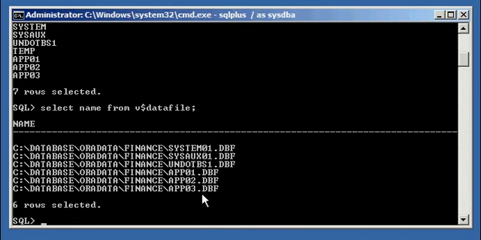Okay. Now, let's say, for instance, that you wanted to back up this database, but you only wanted to restore the app01 data file. Now, there could be reasons for this. Number one, you are only interested in the data that's in app01. Let's say that these are very big tablespaces, hundreds and hundreds of gigs in size, and it's just full of data, and you are only interested in the data that was in the app01 data file. And the way that the data modeling for your application has been done for this database is